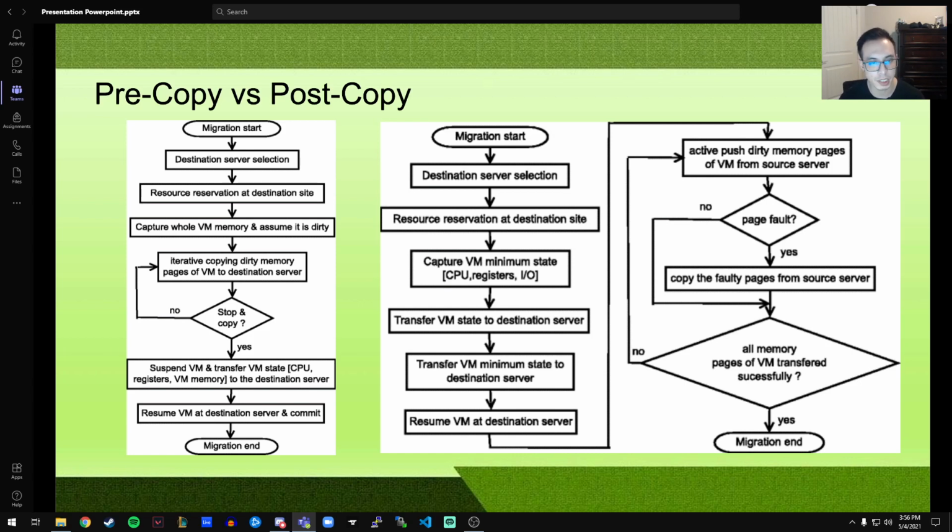But in pre-copy, you basically select the destination server. You select memory to allocate on the destination server as well, and you capture the whole virtual memory state and assume that it's dirty. At that point, you move into the migration phase and you continue to iteratively copy and migrate these pages over to the destination server. And then once that's done, you do the pull phase and you resume the virtual machine on the destination